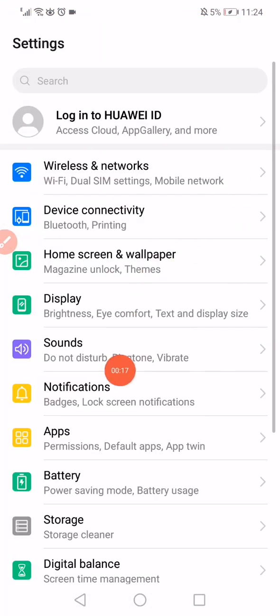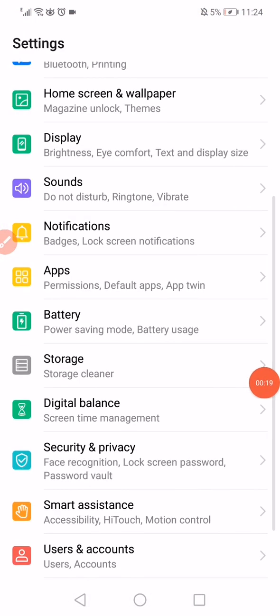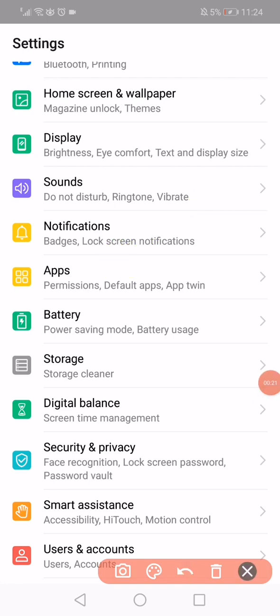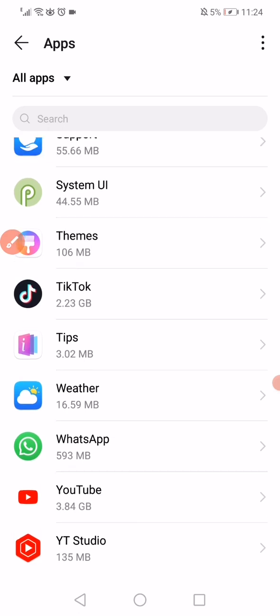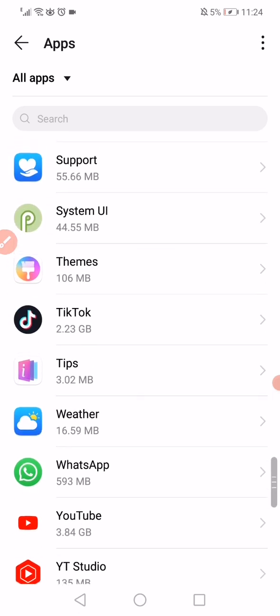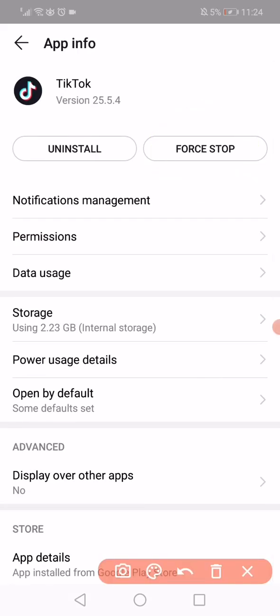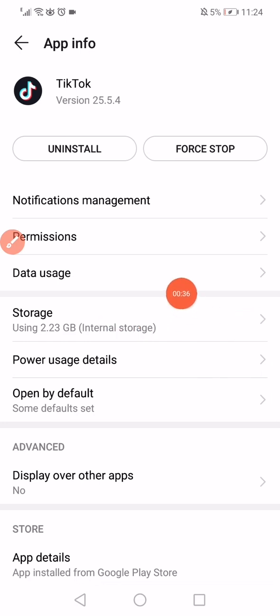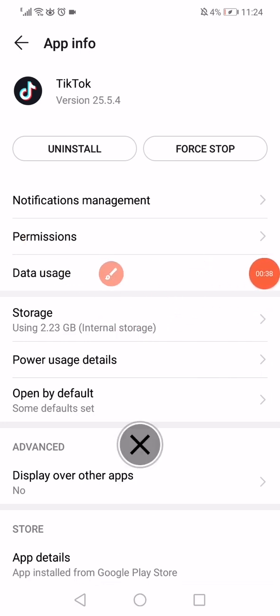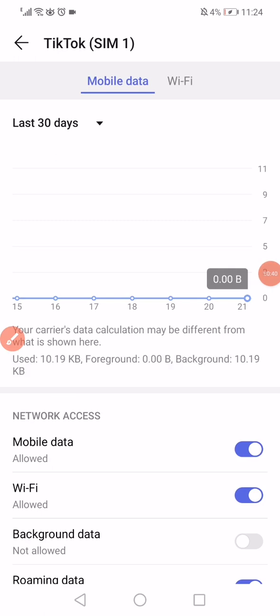Open the settings on your phone and then you have to open this apps option. When you open the apps option on your phone, on this page you will find all the apps that you have on your phone. So you have to click on TikTok right here and then click on this forward stop and go back. Now click on the data usage right here, this option, click on it, and now you have